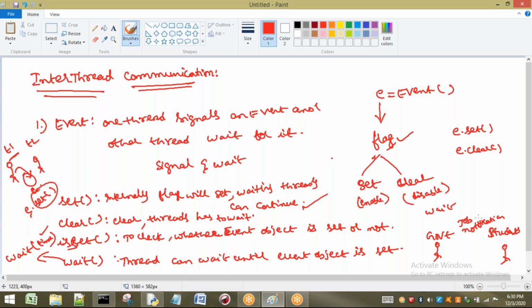If the government does not give the notification, the student has to wait for it. Once the notification is given, the student will apply for this job.